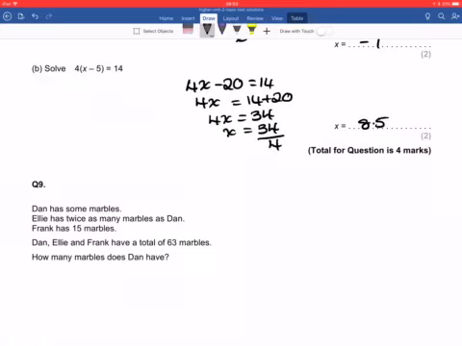Right, Dan has some marbles. Let's call them D. Ellie has twice as many marbles